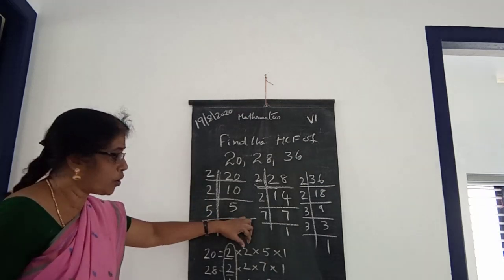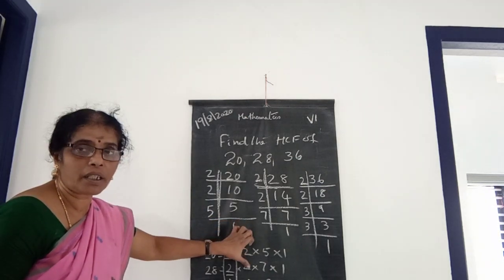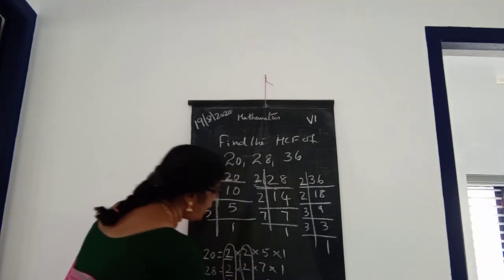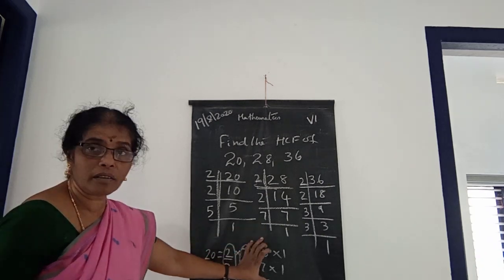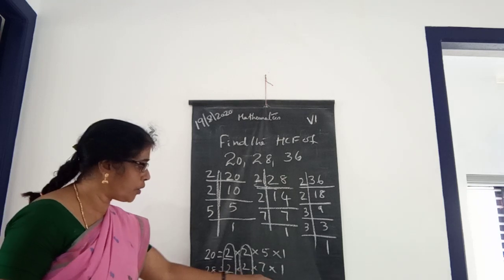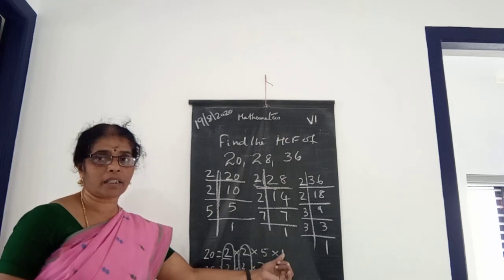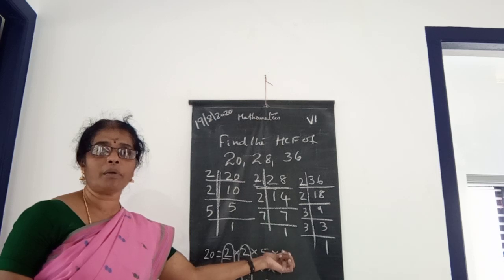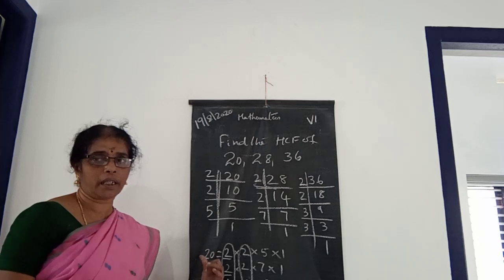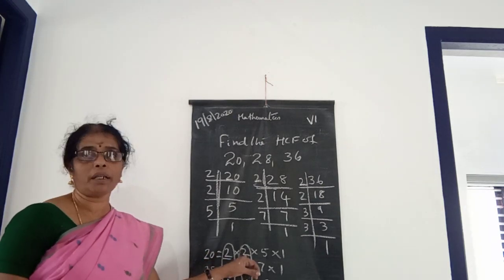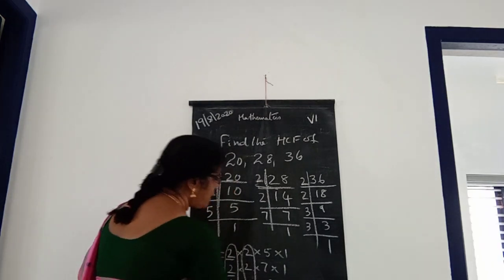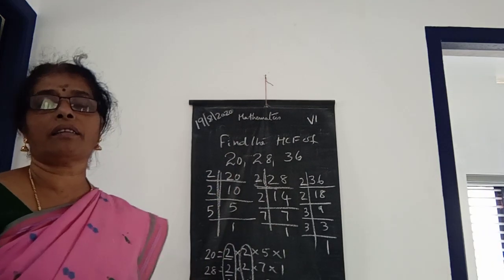And one more 2 is commonly coming in these 3 numbers, so we can take that as well. Look here, 5 is not coming here and here, so we are not at all bothered about those, because only 5 and 1 are here. If we take the highest common factor, we take what is commonly coming in these 3 numbers. So 2 and 2 are commonly coming in these 3 numbers, so 2 into 2 is equal to 4. That is the HCF of 20, 28, 36.